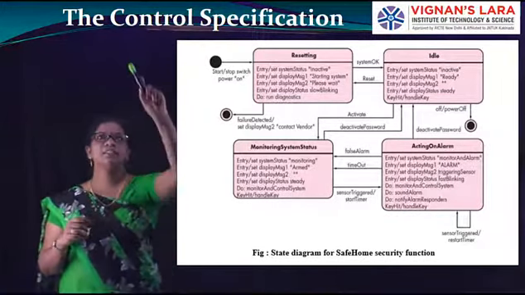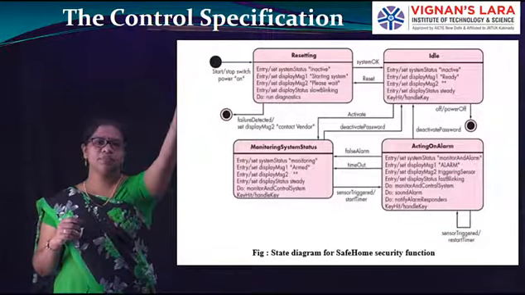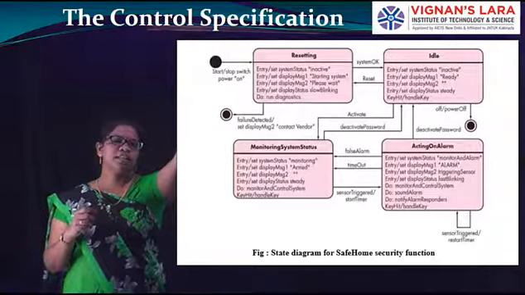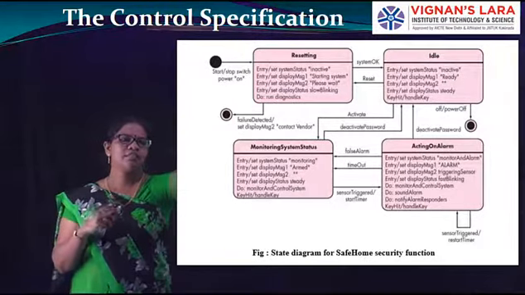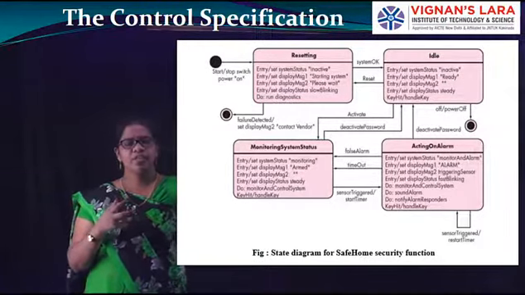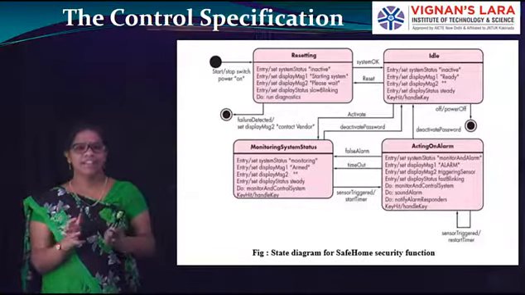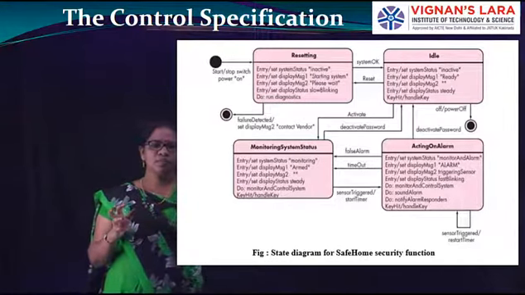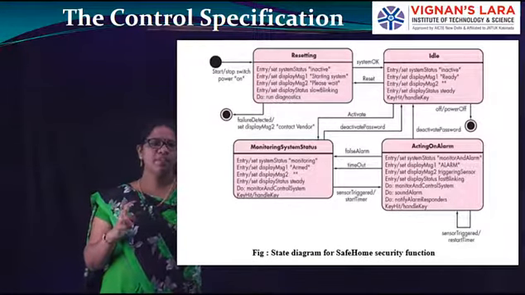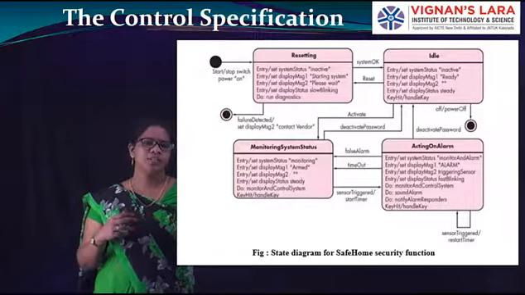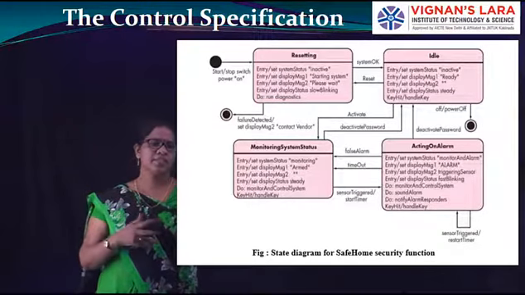The start button is a circle filled with black color, that is the starting. When it comes to an idle place, that means it is not sensing anything, it is in the idle state. Then at that time it will go to idle. If anything happens, it goes to the next state, and then it will go to the end.